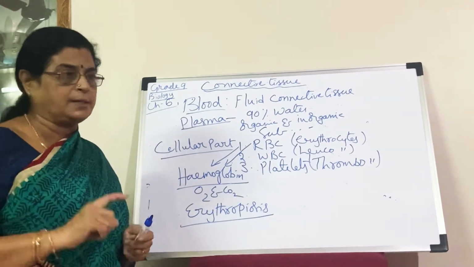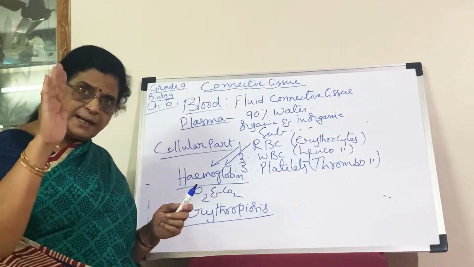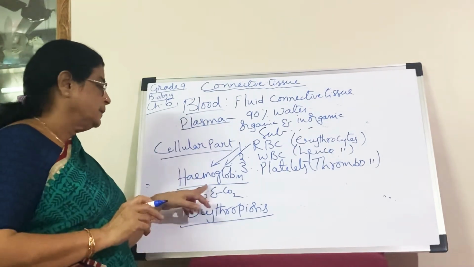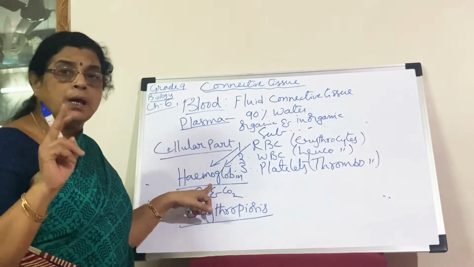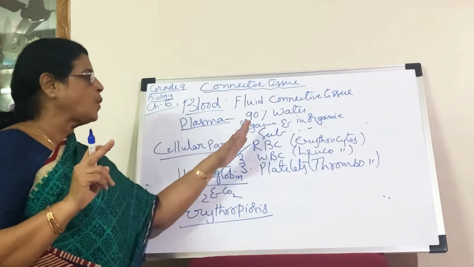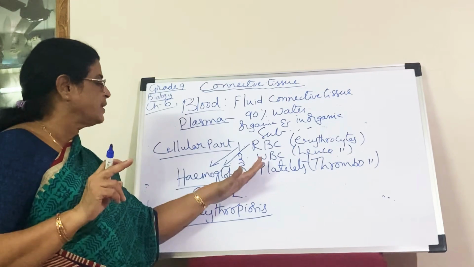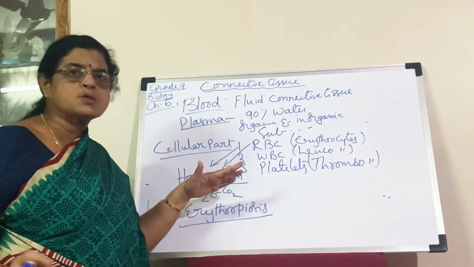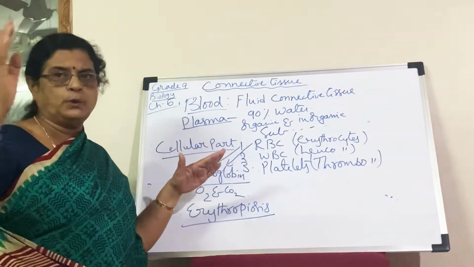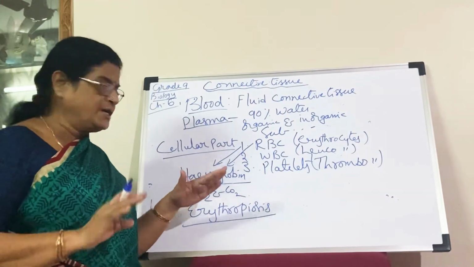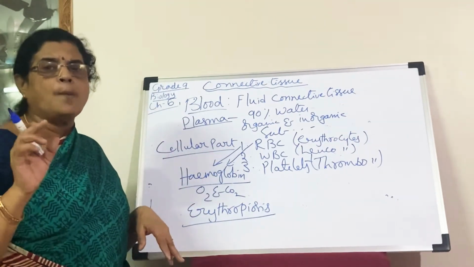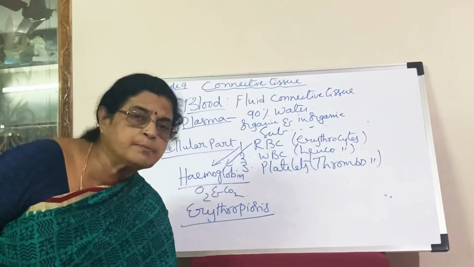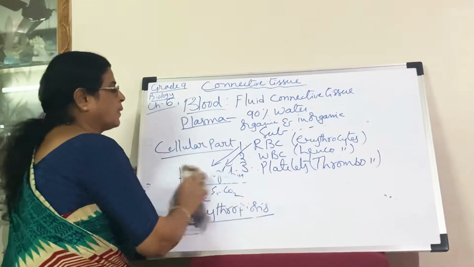Then I will give one example. Cockroaches and similar insects have blood that is white in color, because they do not have hemoglobin in their blood. So the RBC function is exchange of the gases. It even transports the hormones into the body through the bloodstream. And production of RBC is called erythropoiesis.